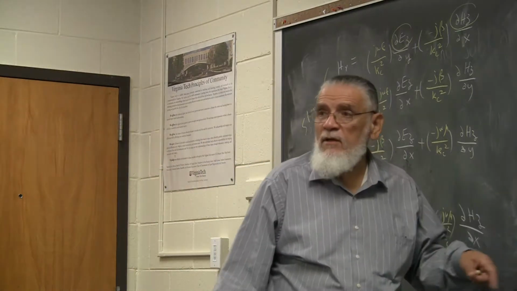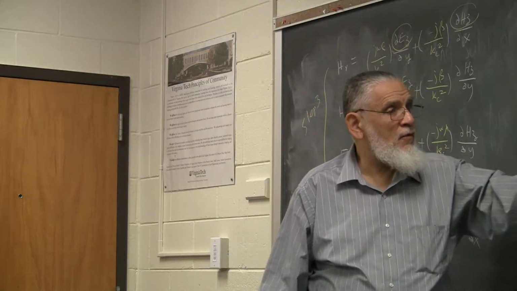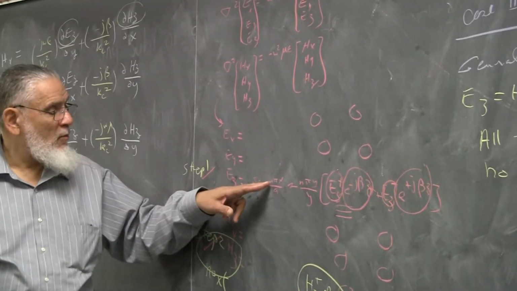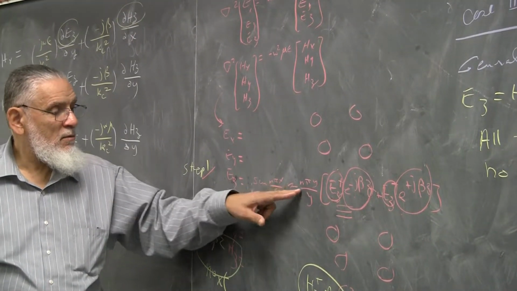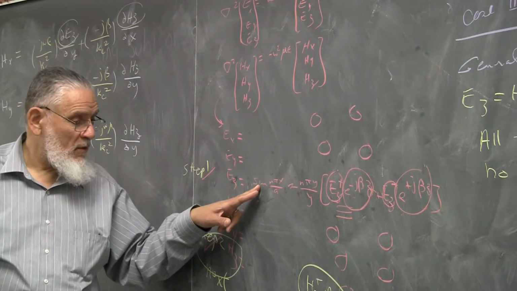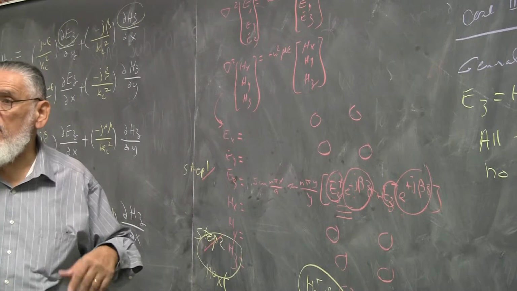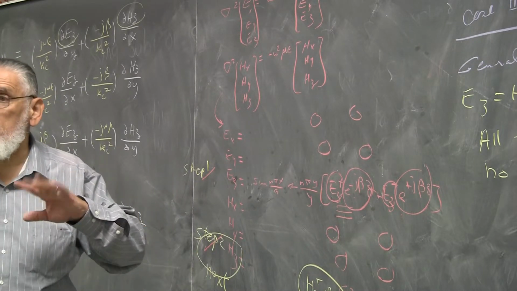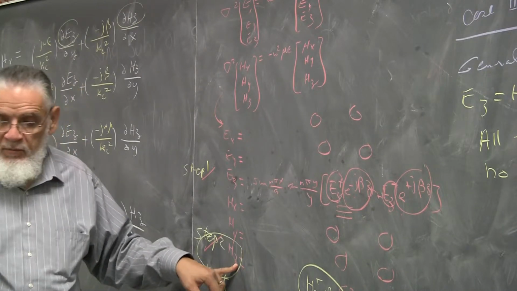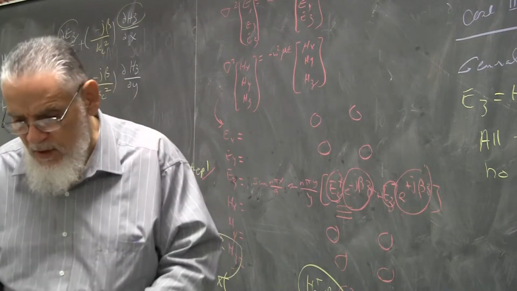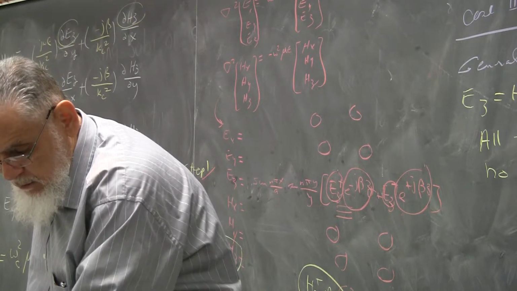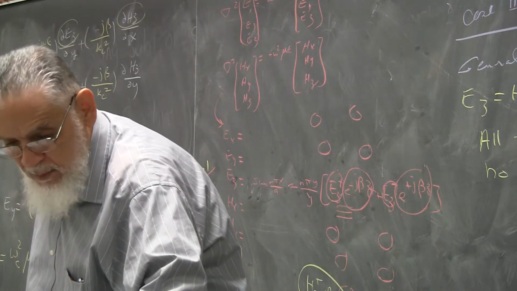As it turns out, the case of all fields equal to 0 would come from when m and n both are zeros, right? You will discover that that's the case of m and n being zeros. One of them being 0 is fine, right? But both of them being zeros is not, because let me show you what the solution for H sub z looks like first. I guess you need to see that to appreciate that. If we do the H sub z and go through the boundary conditions,